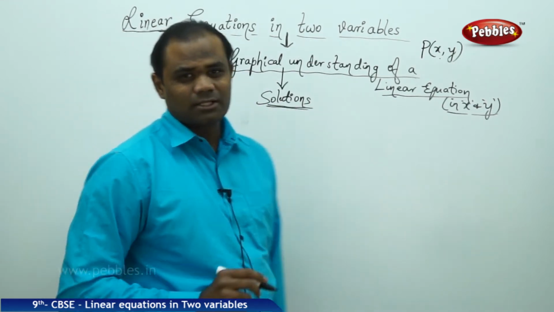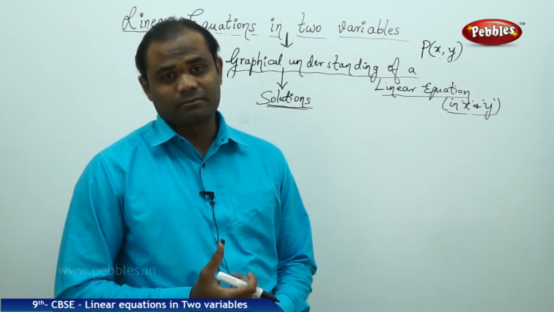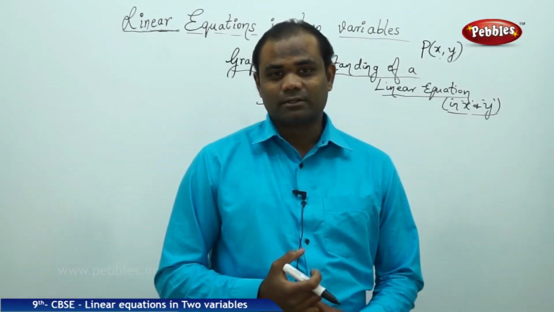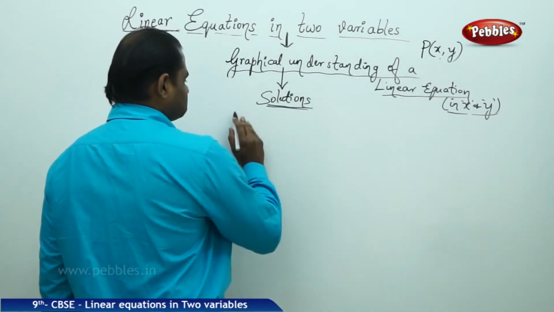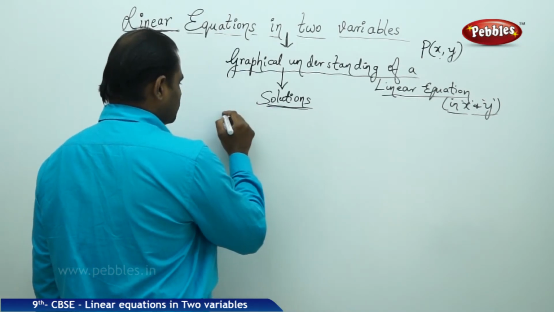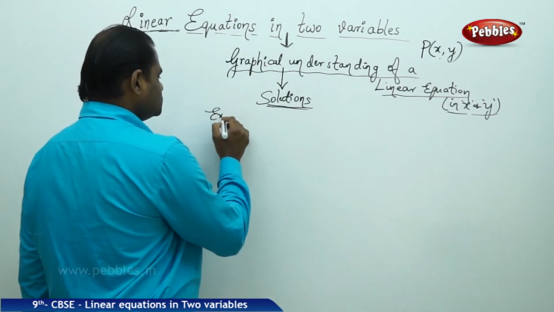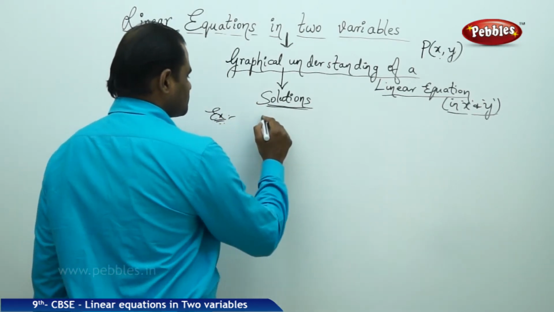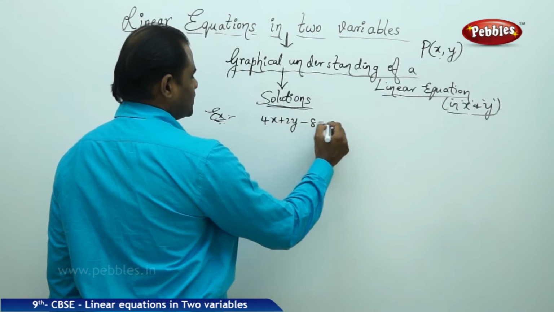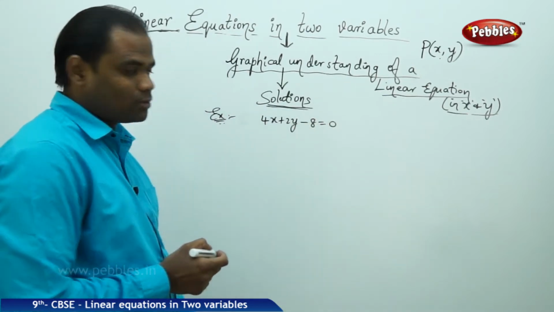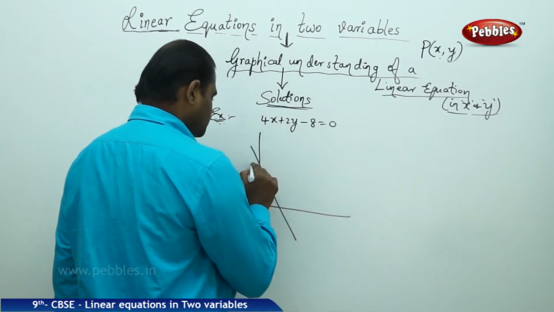As we have seen, the solutions are the values which satisfy the given linear equation. So let's see what values satisfy the given linear equation. Let's take the same problem as discussed in the previous session, that is the example problem, 4x plus 2y minus 8 equal to 0. And this equation was identified with the linear equation